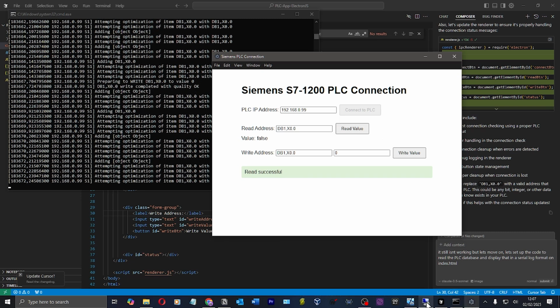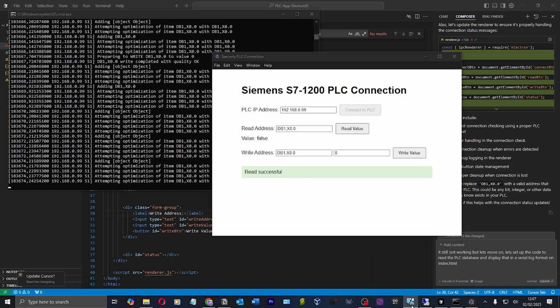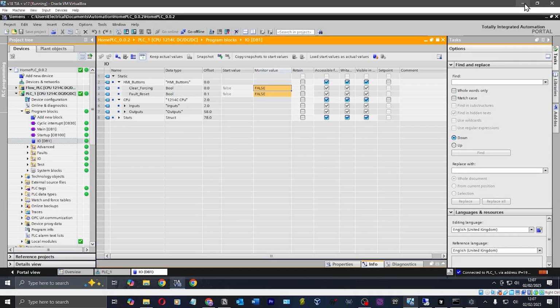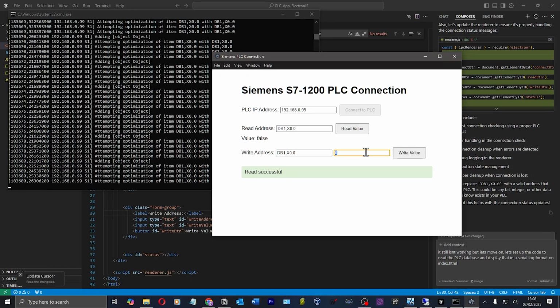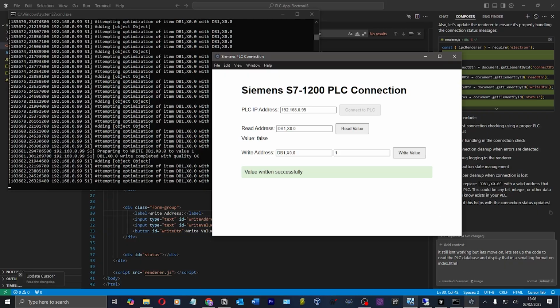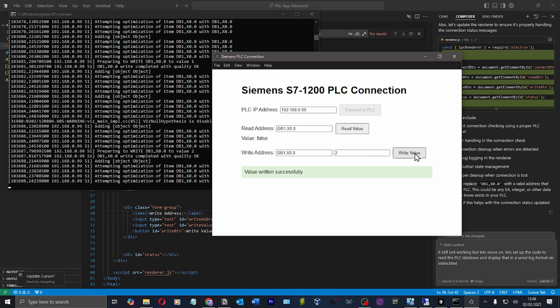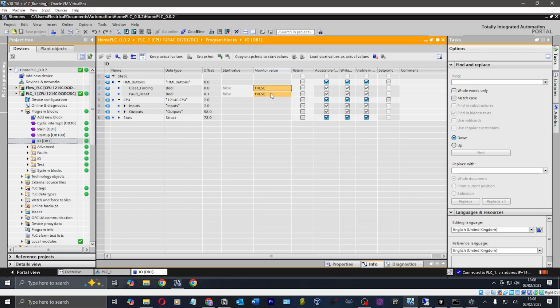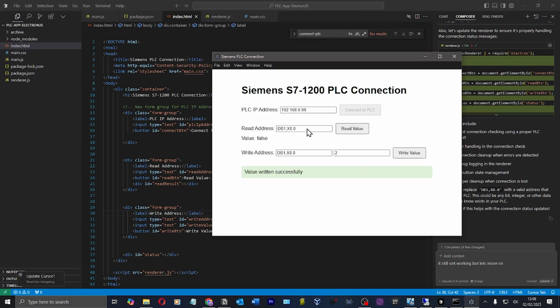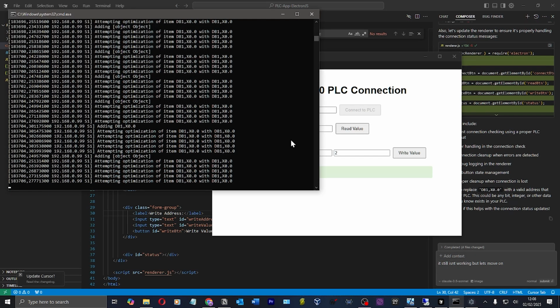So why is it, setting it to 1, it can write 0 but it can't write 1? Maybe it thinks it's an integer. I don't know. Okay, so at this point now, where it's fully connected, if I remove the cable,